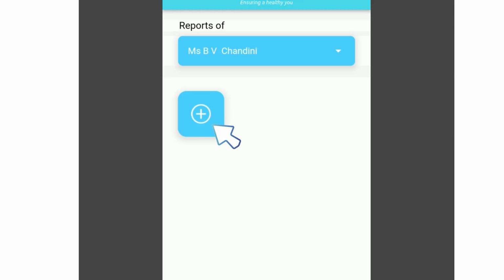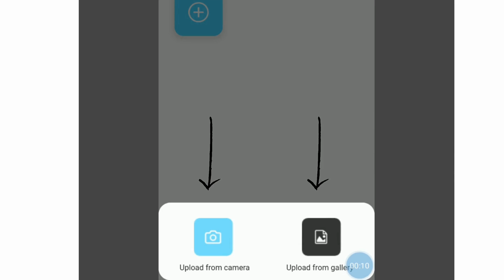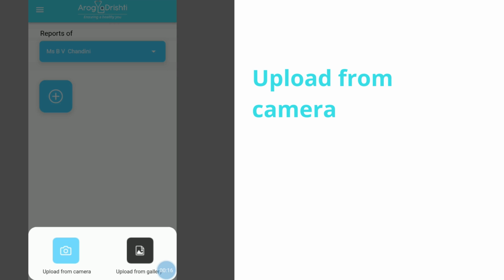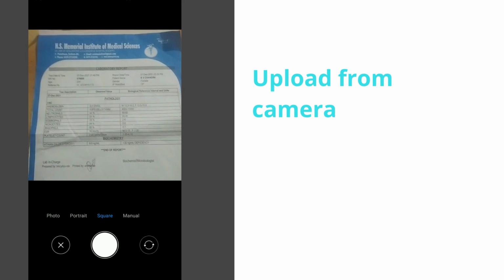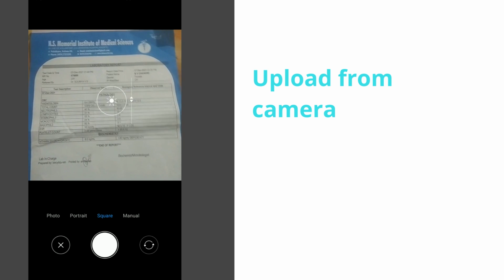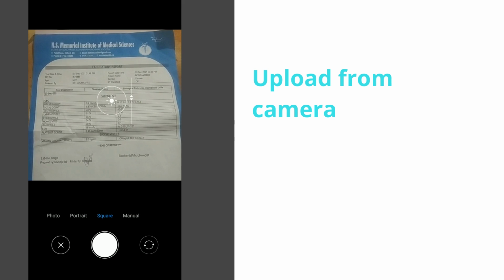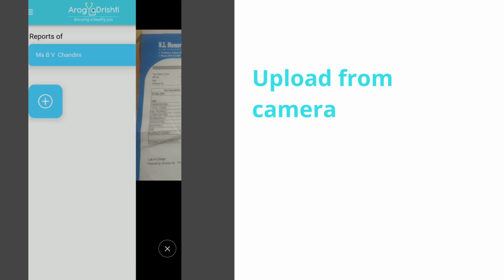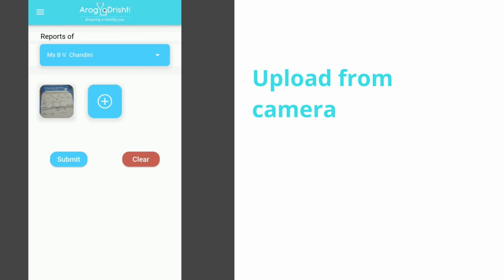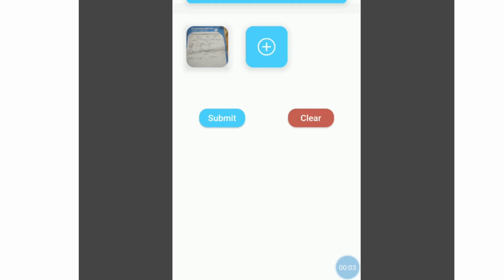To upload medical reports, you will have to click on this plus button here. You will get these options to upload from camera or upload from gallery. So when I click on upload from camera, as you see, uploading your medical reports from your camera is as easy as taking a picture.